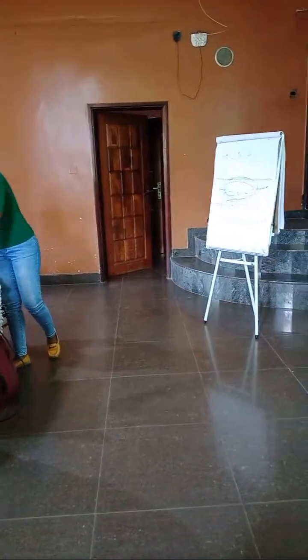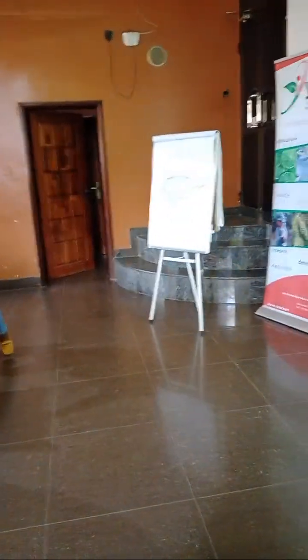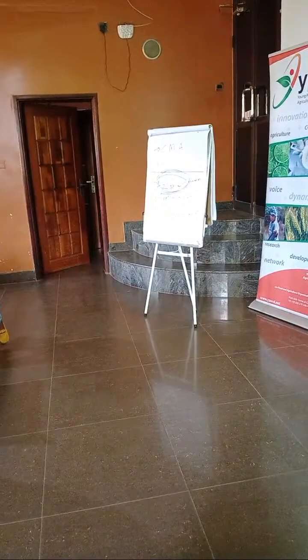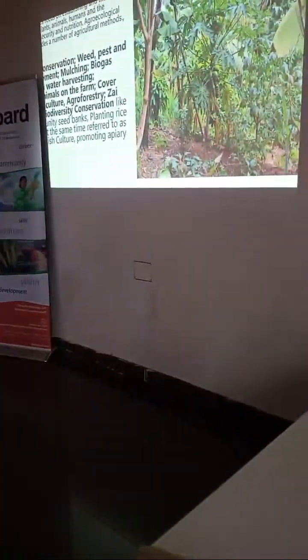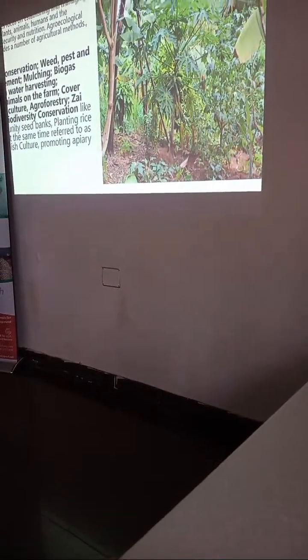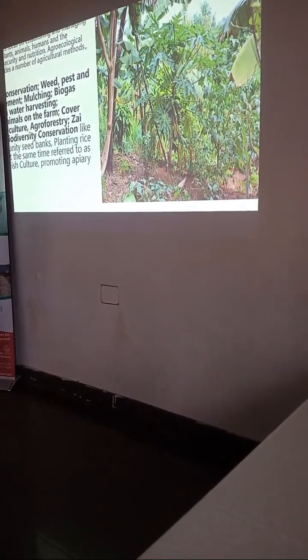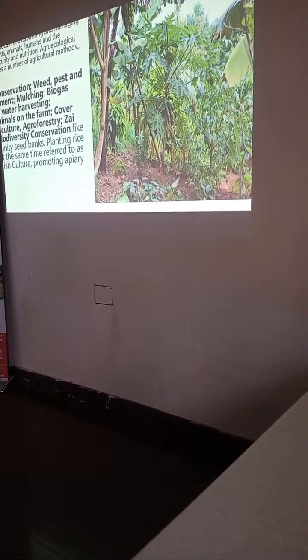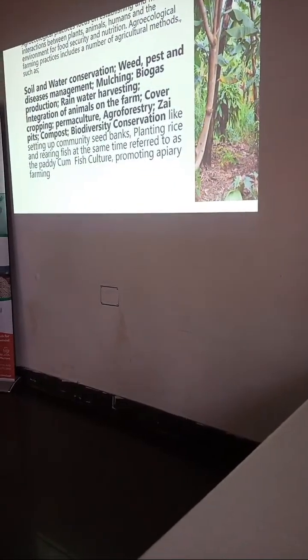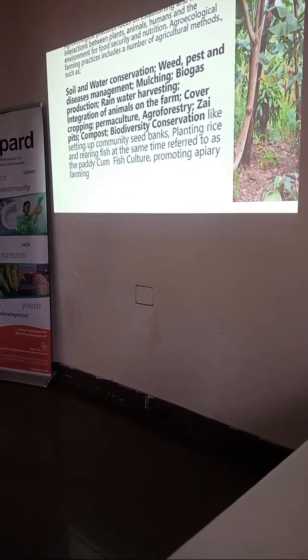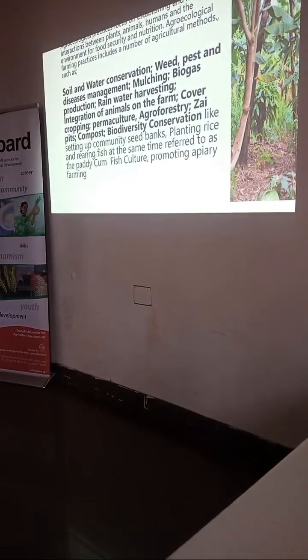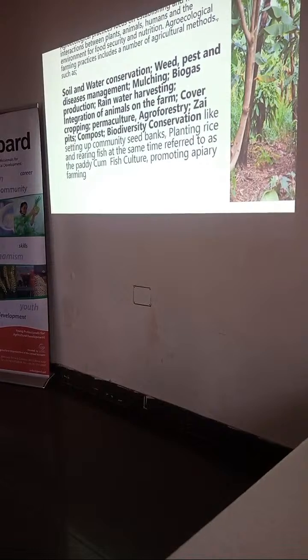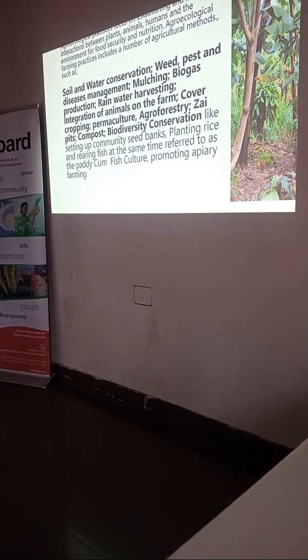You have vegetables, but if you clearly look into here, you may not be able to notice it, but there is also some push and pull technology that is happening in the background. Also to repel the pests. Agroforestry, someone already talked about it. The pits, just to control the water in our fields.